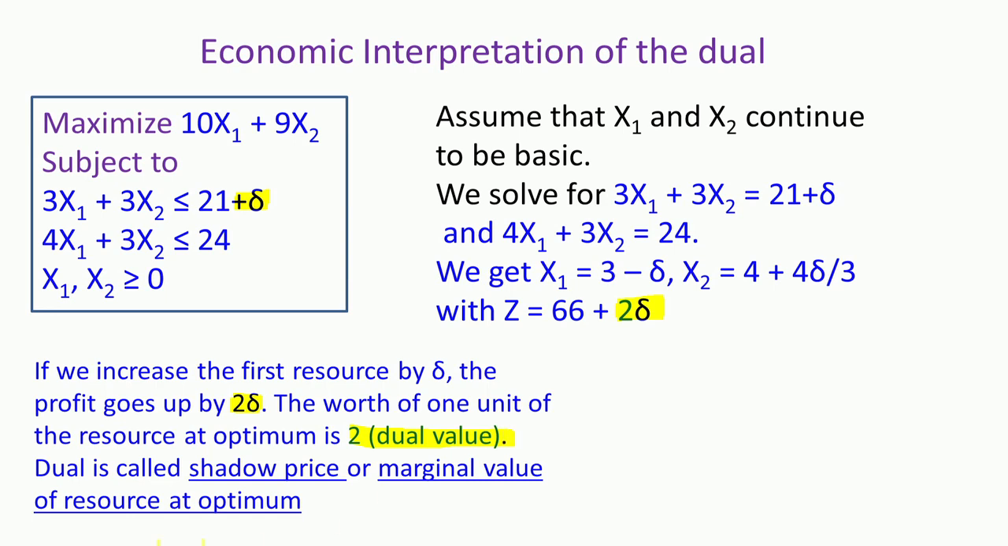So, the dual is called the marginal value of the resource at the optimum. It is also called shadow price. Now, what does that mean? What it means is this. Let us assume I have solved this primal, and I have also solved the dual, and I know that y1 is equal to 2. Therefore, I will go back, and y1 is equal to 2 and y2 is equal to 1, which gives me